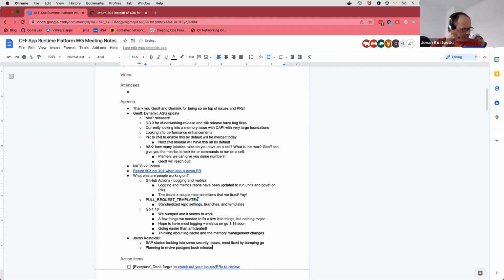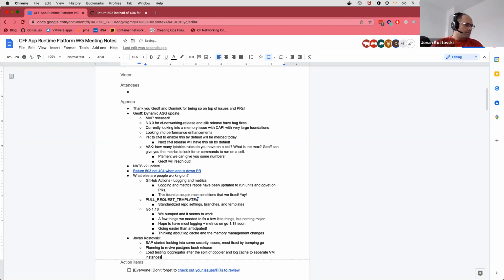Currently we're also doing some load tests after the split of log aggregator, Doppler and Log Cache to separate VM instances. We'll come up with some results soon, I would say next week or two. Yeah, great, you can share them at the next one.